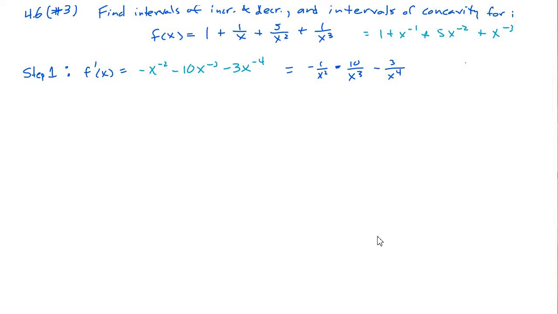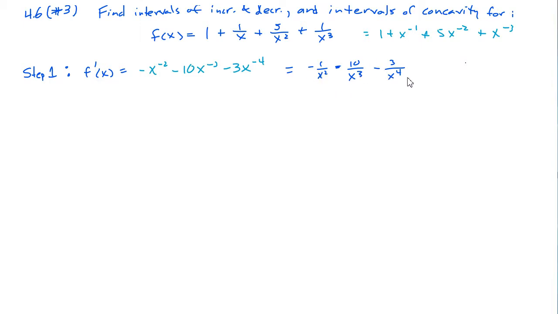Okay, so this is 4.6 number 3. I've already written out a problem for you. Here's the version of the problem that I pulled up. So I'm going to rewrite the function initially, take it out of rational function form, place it into power form so that I can more easily take the derivative. Once I have the derivative, I'm going to place it back into rational function form because that's going to be